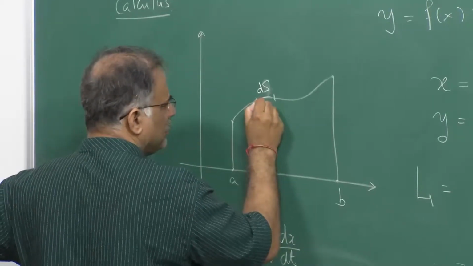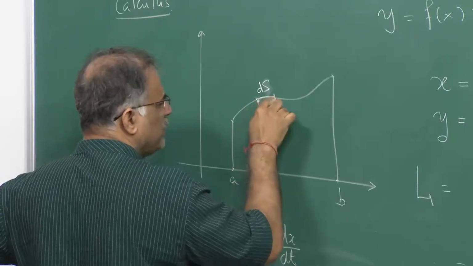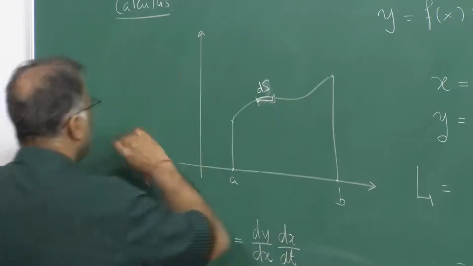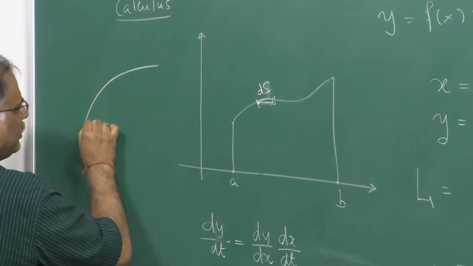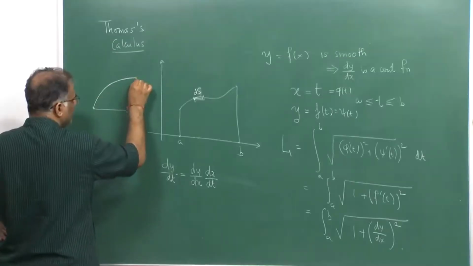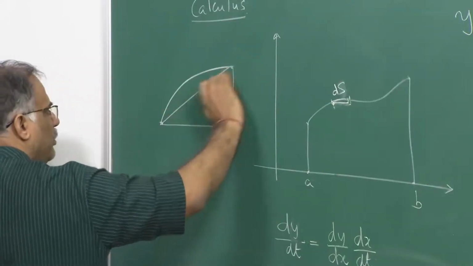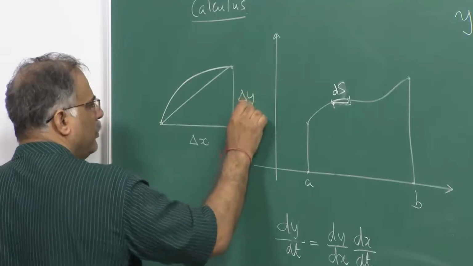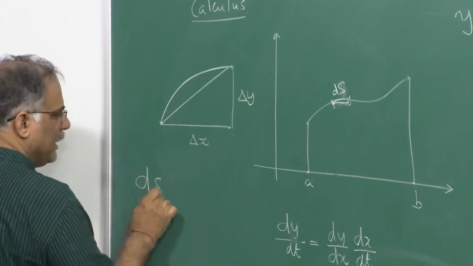So, basically, now this point is some (x, y), and this point is some other (x, y). So, this is the change in x. If you magnify this, here is your x and here is your y, the same thing we did yesterday. So, with the change in x and change in y, we are approximating this length with del x and del y. So, we are writing that ds square